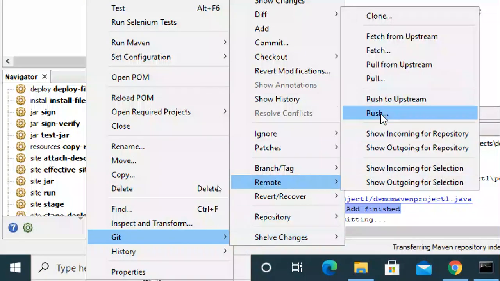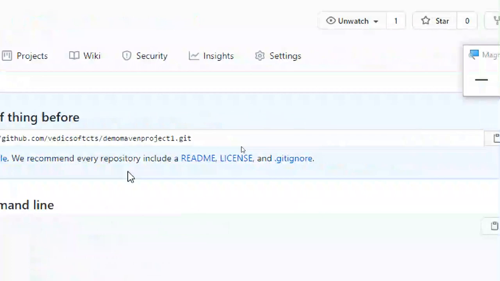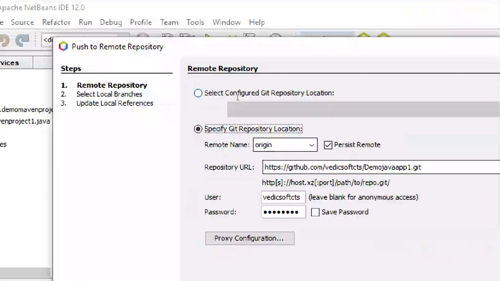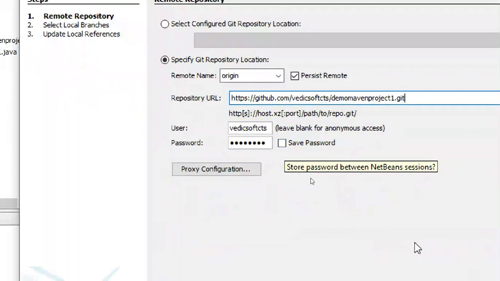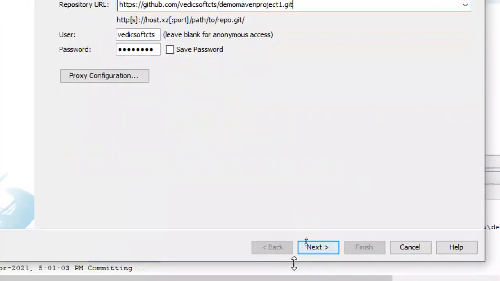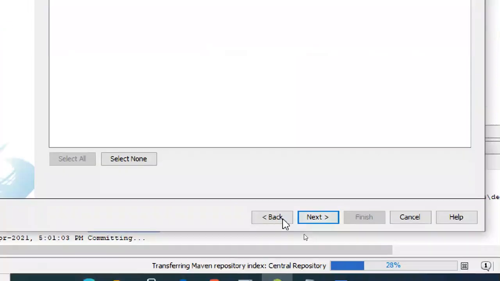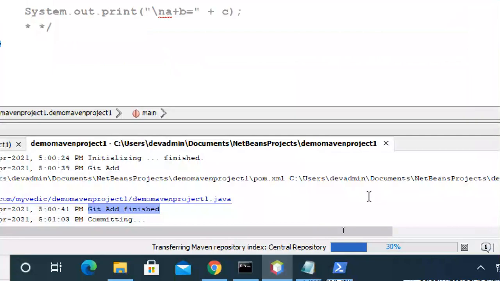Next, remote push. Okay. So here it is asking for a URL. I took a URL from here, right? This is my project URL from GitHub. I paste it. For example, if you want to take it, develop it and give it to me again, you can do it because it's a public repository. Select the branch. Next, already it is selected. Master branch only. Finish.